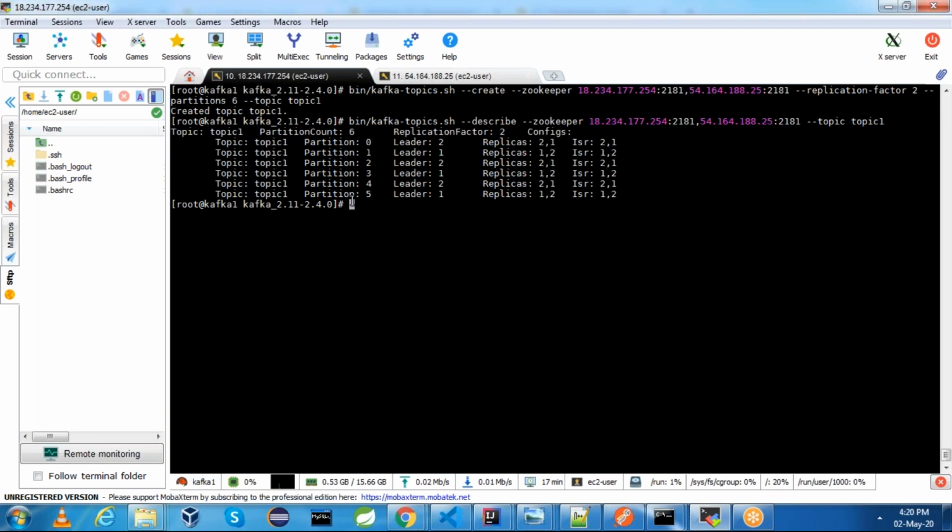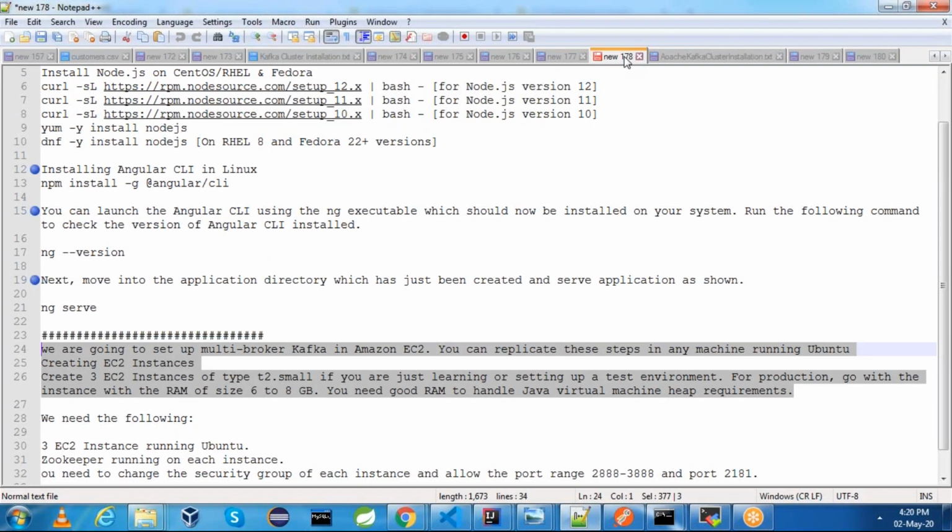Now let me start sending data from one machine and we will try to see the data from the other machine, so that we will come to know whether the data we are producing is received on the other server or not. This is the command.